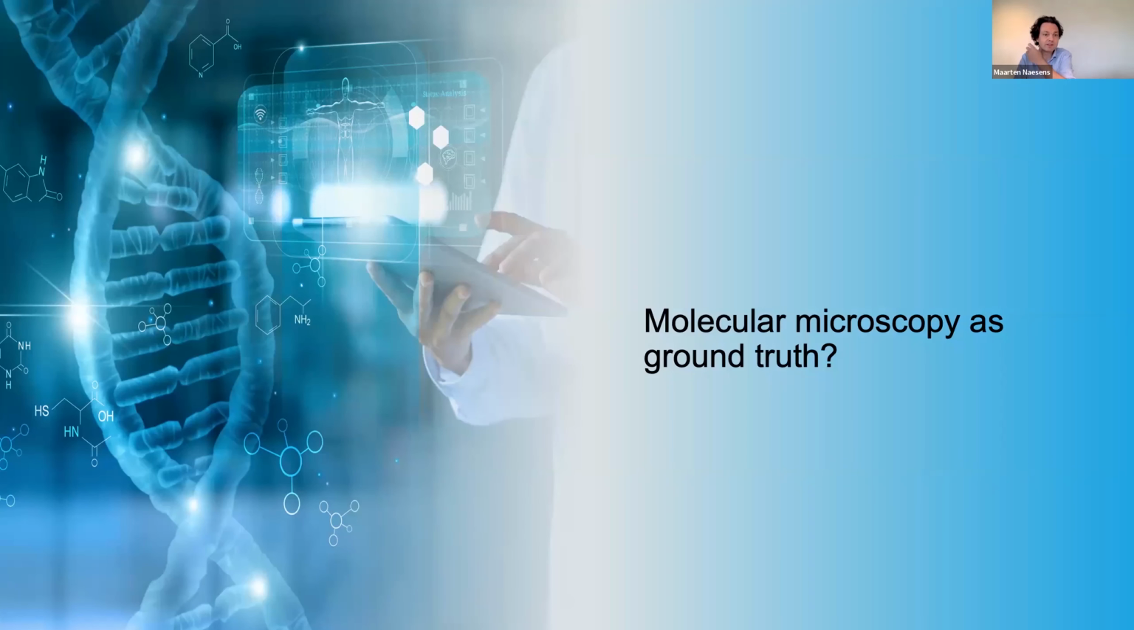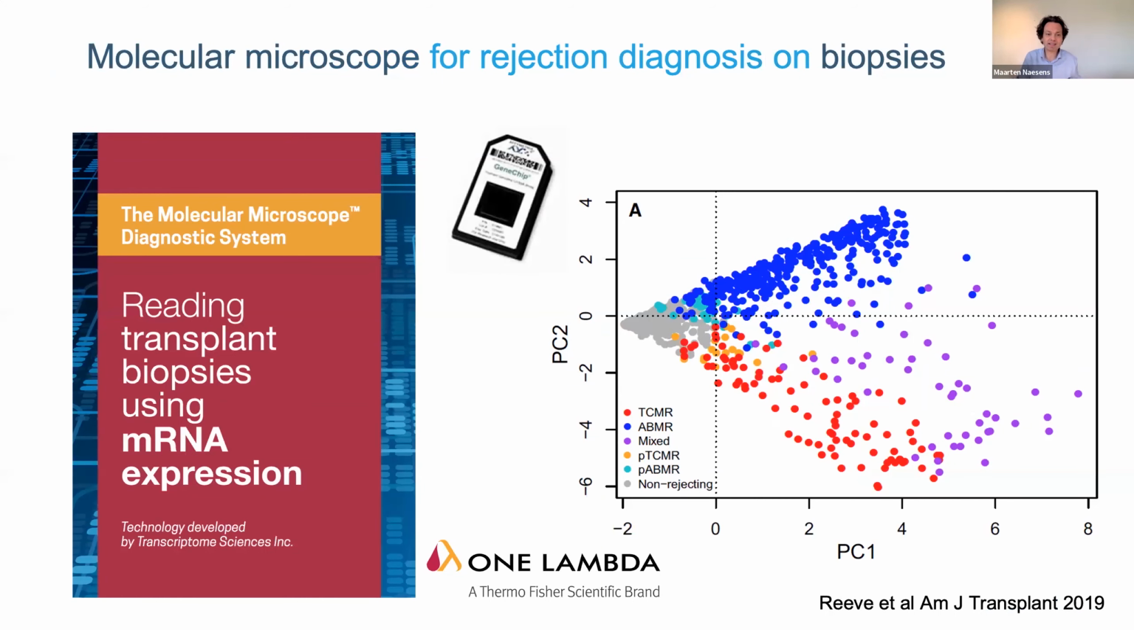In the last few minutes of this presentation, I would like to discuss with you the place of molecular microscopy as a ground truth. So there is a lot of promise, and one of the pioneering centers in the world is the group of Phil Halloran in Canada, who has actually coined molecular microscopy for kidney transplant rejection. He has used over the past 2 decades